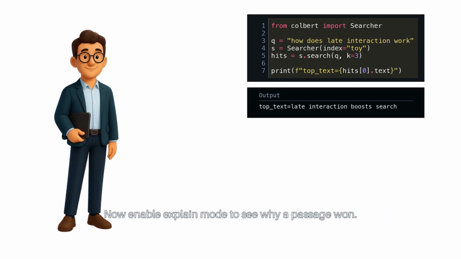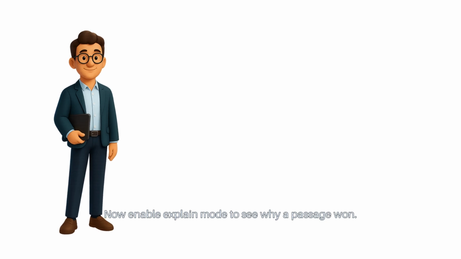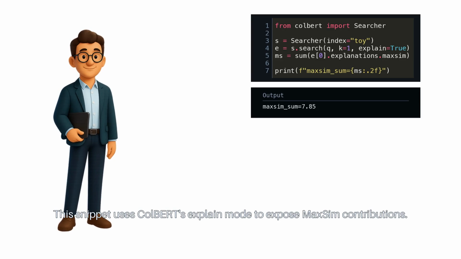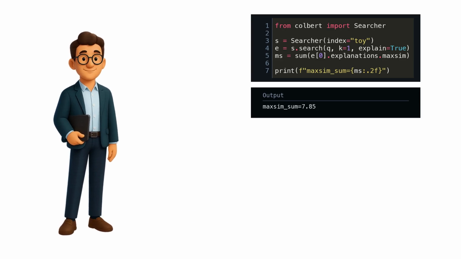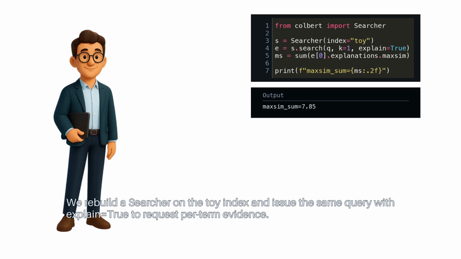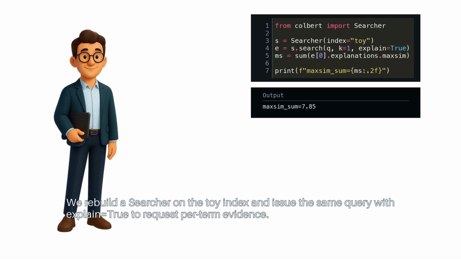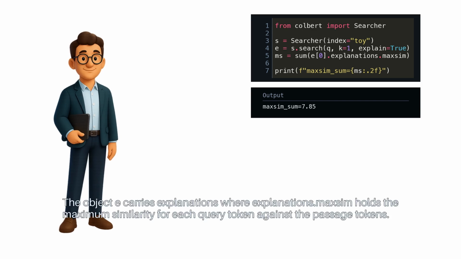Now enable explain mode to see why a passage won. This snippet uses ColBERT's explain mode to expose MaxSim contributions. We rebuild a searcher on the toy index and issue the same query with explain equal true to request per-term evidence. The object E carries explanations where